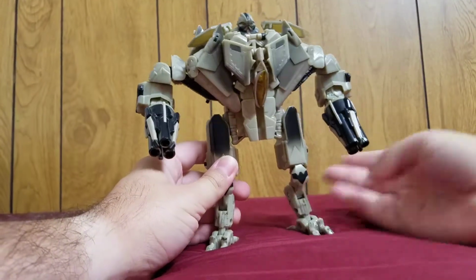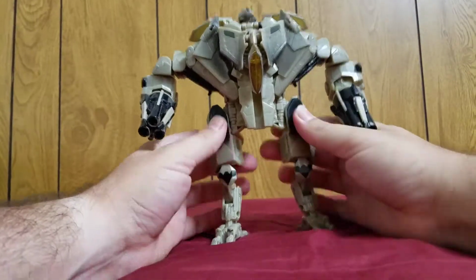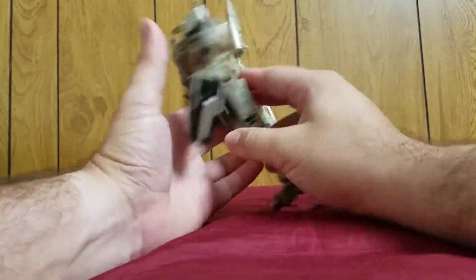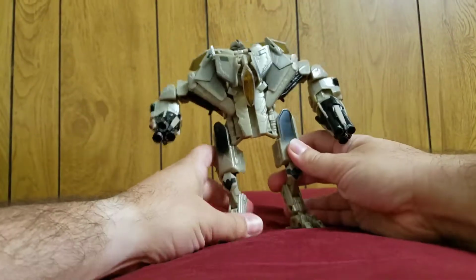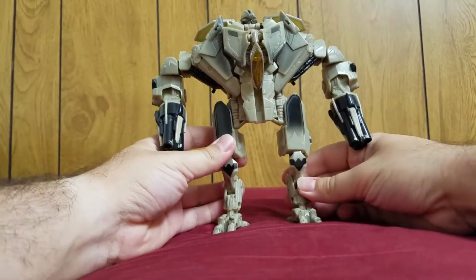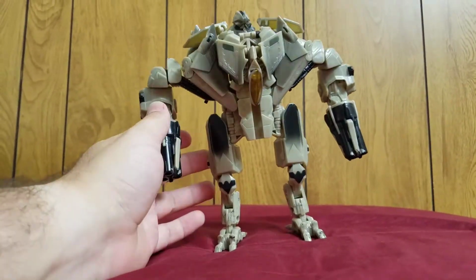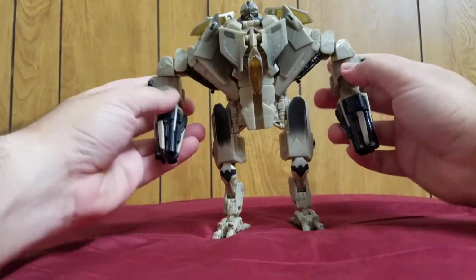And here he is. This is movie Starscream. And one thing I have to say about this figure that is at least a plus for me, that I enjoy, is that he is a big figure. He is big. Even for a Voyager, he's pretty big. He is a big guy. He's so not Starscream. That's the thing. But